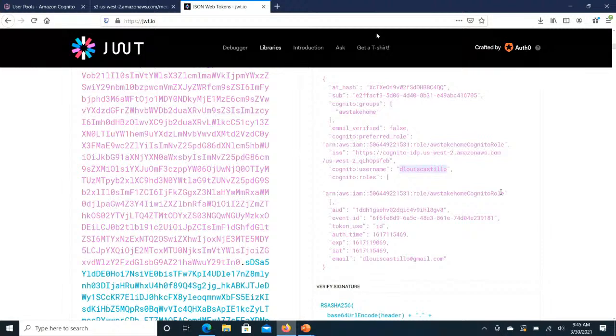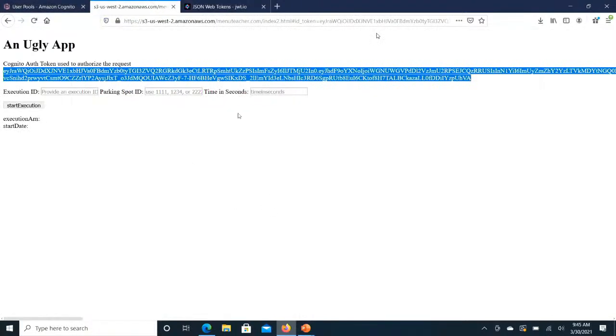So the first service that you're probably going to want to look at when you build an application that's serverless is how are you going to authorize and authenticate your users. Now, this little application doesn't really do too much, but I just wanted to show you that. But it actually does. This is running on a service called S3. And S3 is object storage. So it's a way to just store things that might be video files or media files or MP3s, whatever you want to store there, you can, and it's a very, very durable service.